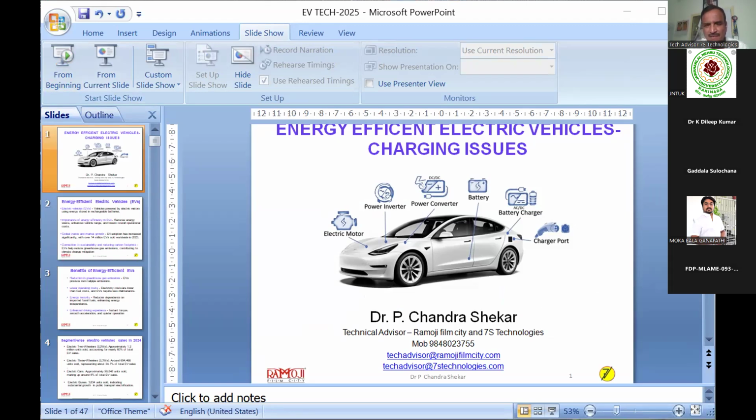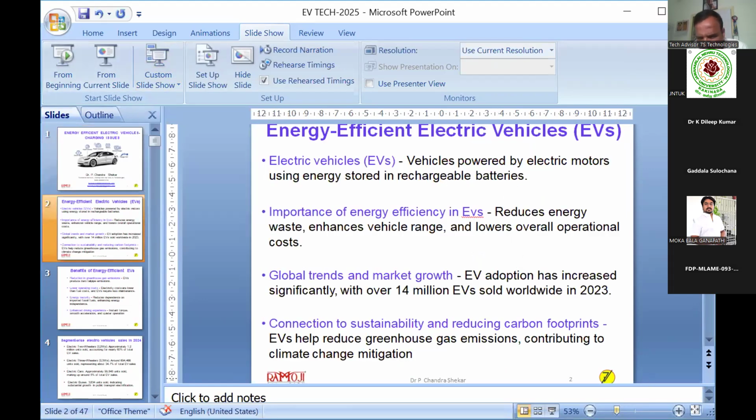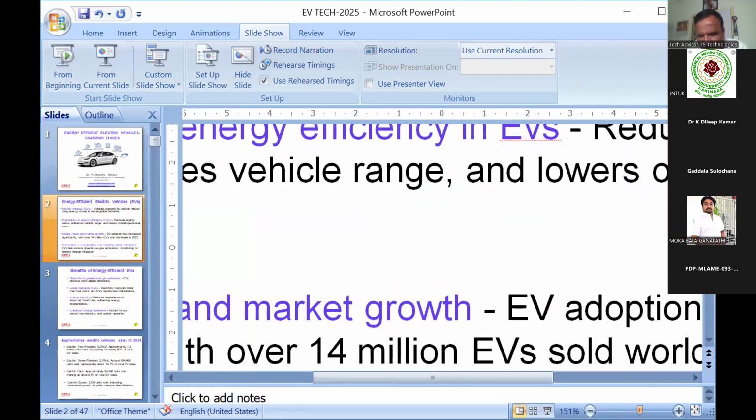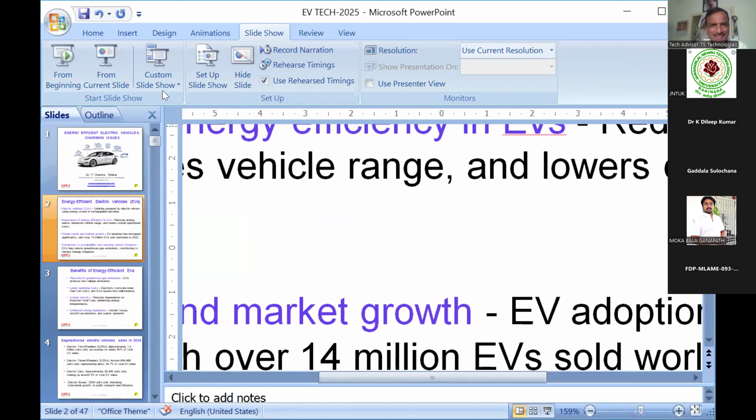Participant, if you have any visibility problems... It's okay, sir. It's fine. You can proceed, sir. No, full screen we are not able to get, sir. Slideshow is visible, no problem. It is 53%, sir. Beside that 53% there is some icon, sir. Click on that icon, so it will go to the side. And then slideshow, sir.